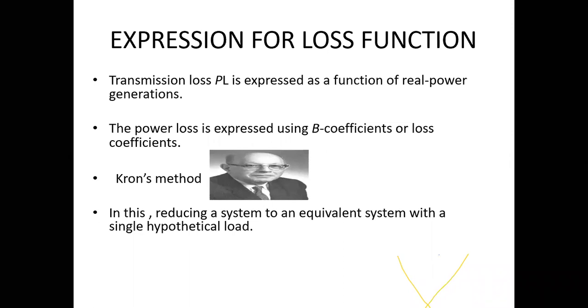When taking 2 power plants, we got 4 loss coefficients. Similarly, for 3 plants, we got 9 coefficients. So simply, when you consider K power plants, the loss coefficients are K square. In this, we use Kron's method. This name was given after the scientist Gabriel Kron, who did a lot of research on reduction techniques. Out of those, we are using one method for this derivation.